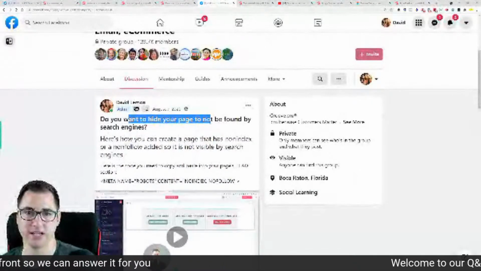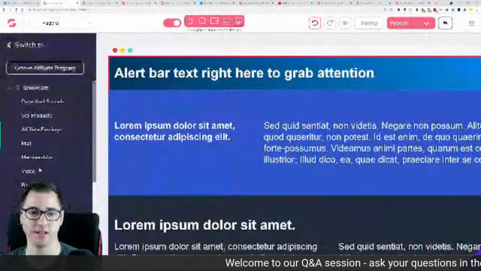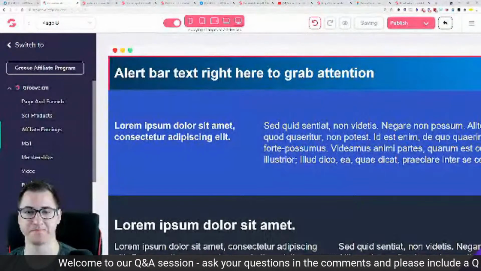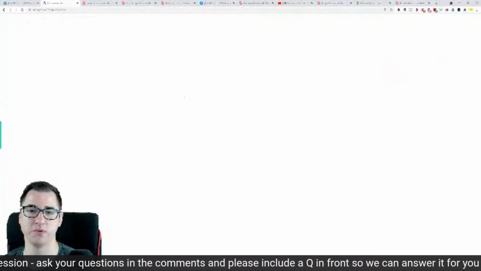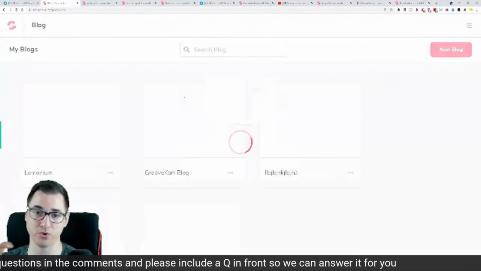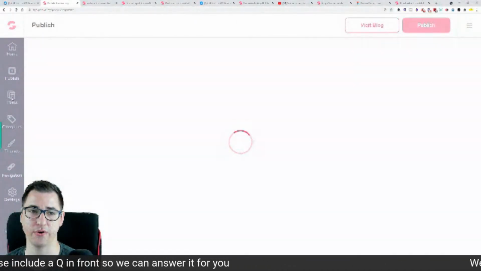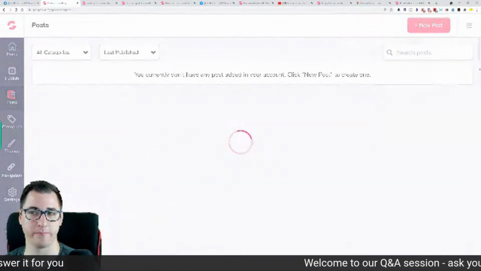This would work as well on a post. So in case you're working in GrooveBlog and you have your legal information set up as a blog post, for example, that would work the same way in there as well. You copy over the code, you go into your GrooveBlog post, and you just paste this code into the code injection section of the post settings.